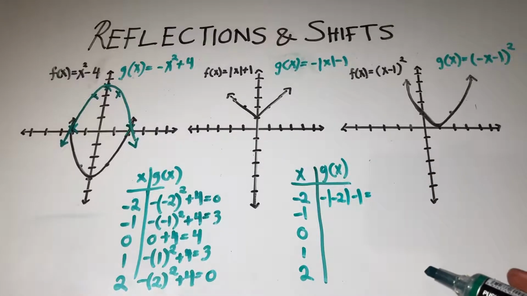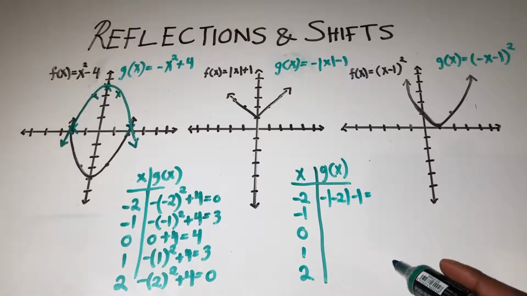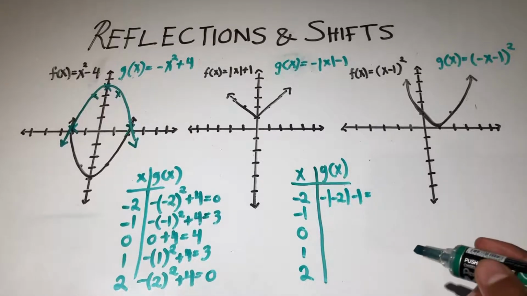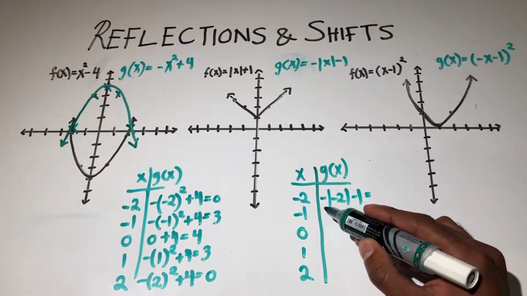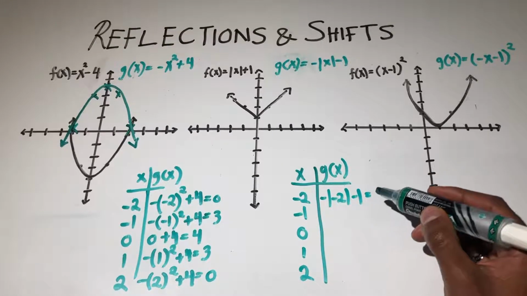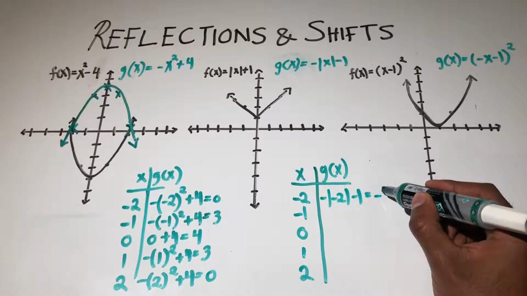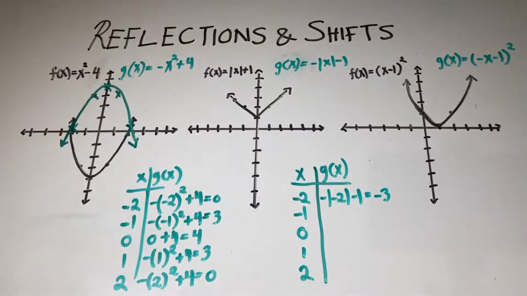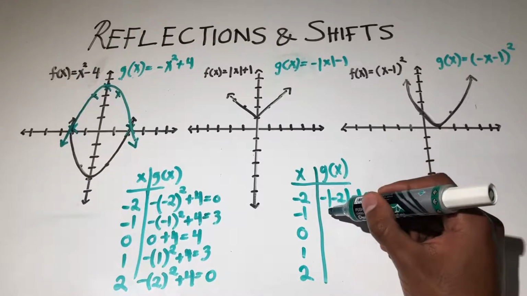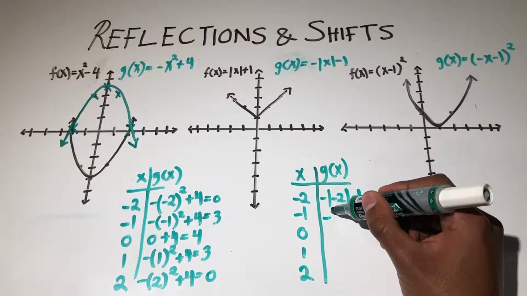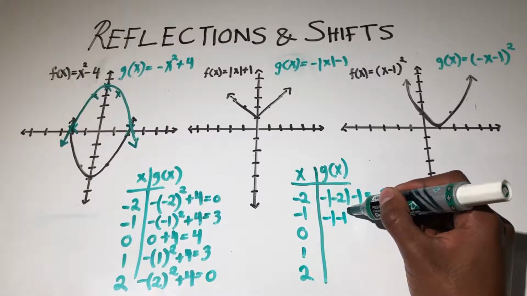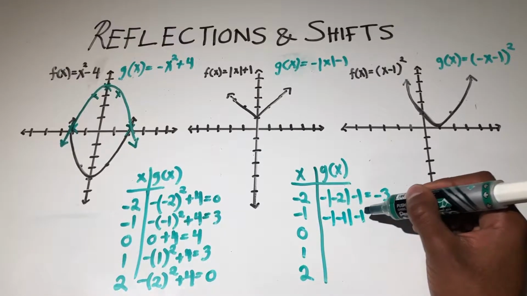Whenever you have a negative value in the absolute value, that's just going to turn to positive. So that's basically saying -2 minus 1 is going to give us -3. Now we have -1. So the absolute value of -1 minus 1,